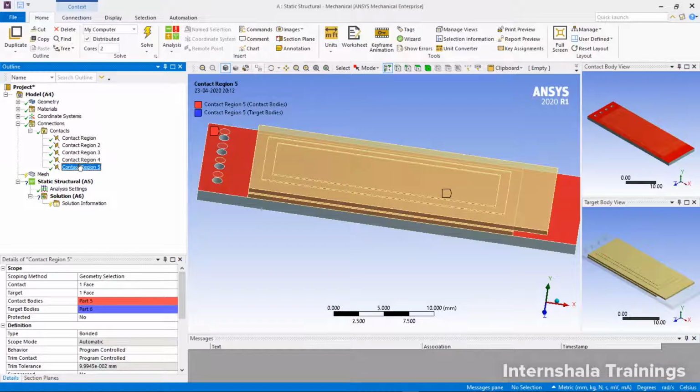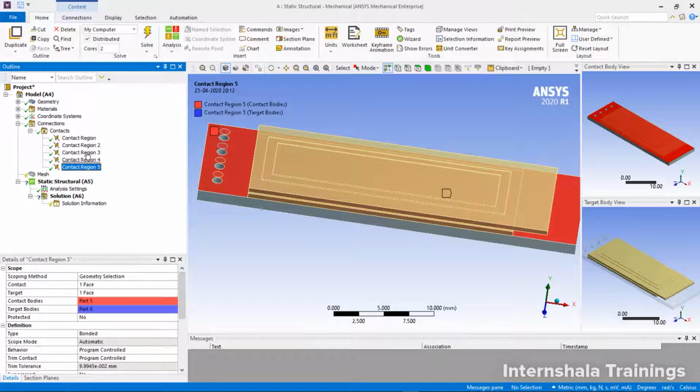So what ANSYS Workbench does is, when you take in an assembly or when you take a body containing multiple parts, it will automatically try to detect the contacts, and it will automatically generate using the inbuilt algorithm inside ANSYS Workbench software. And most often whatever the automatic contacts that have been created are itself good for up to medium complex objects, medium as well as some complicated assemblies also. It can very accurately generate the contact regions by itself automatically.